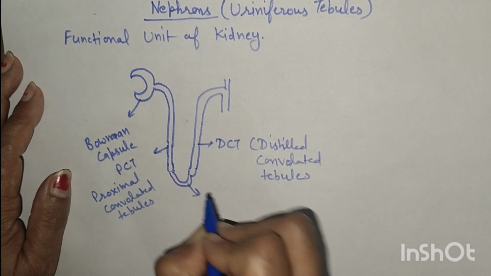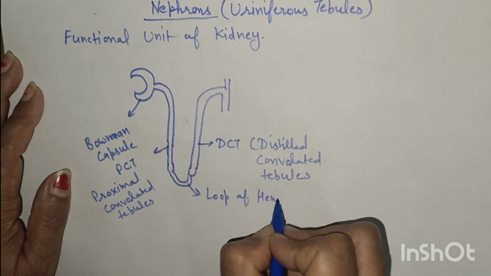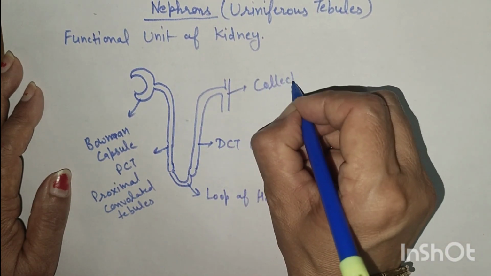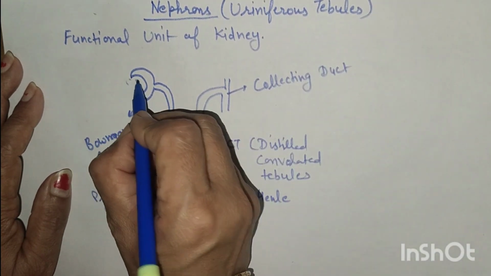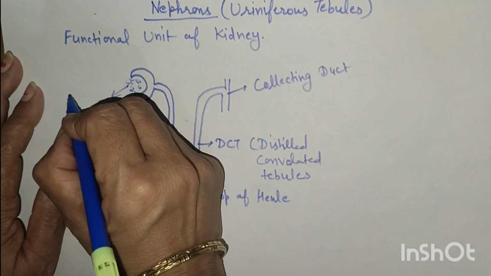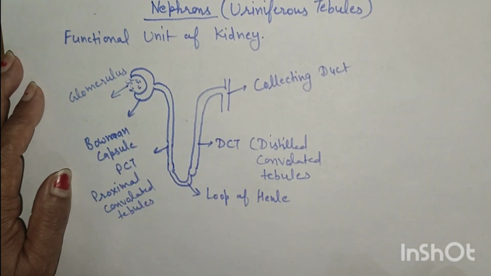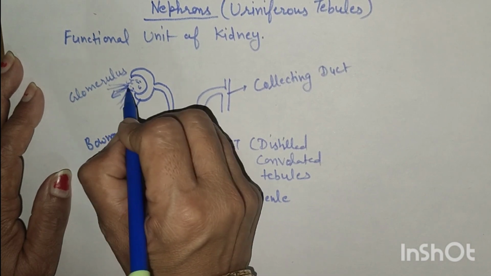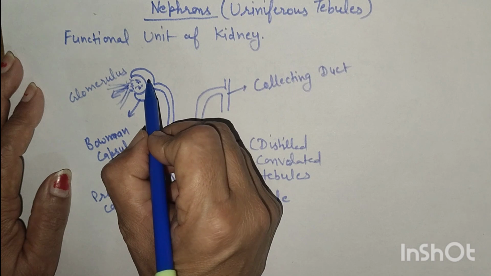This thin part is called loop of Henle, and this is called collecting duct. Here is the group of blood vessels that is called glomerulus. This glomerulus consists of the blood vessels, and here the blood enters into the Bowman capsule and is filtered through